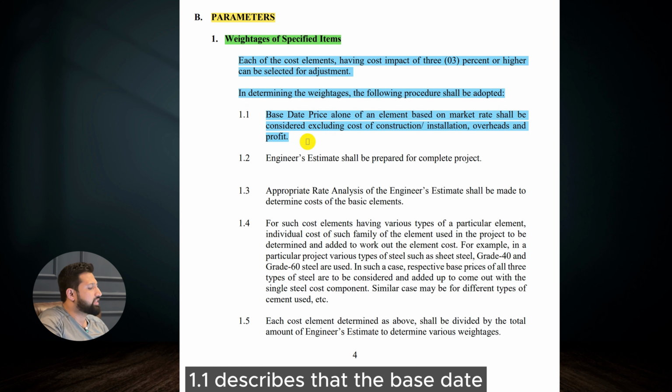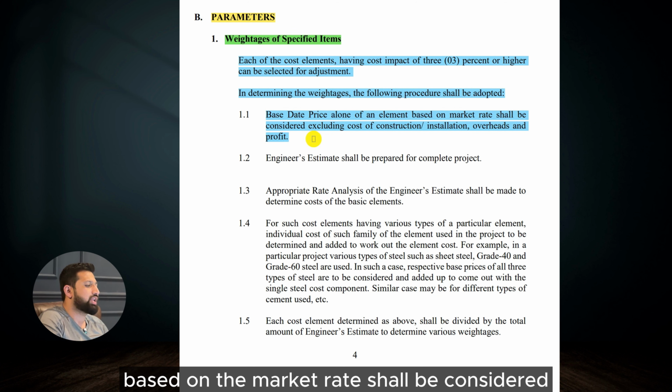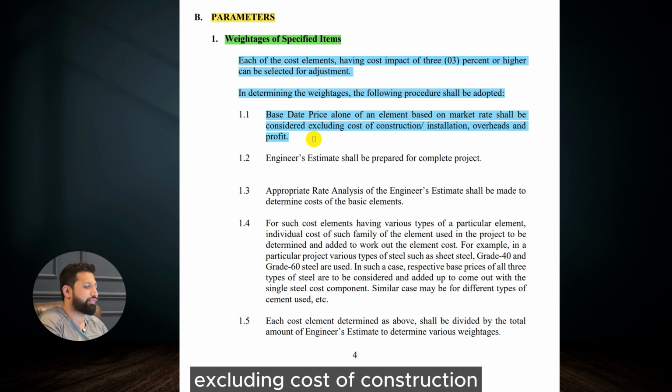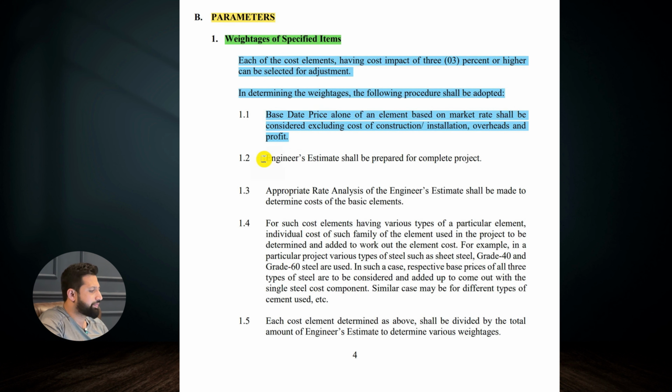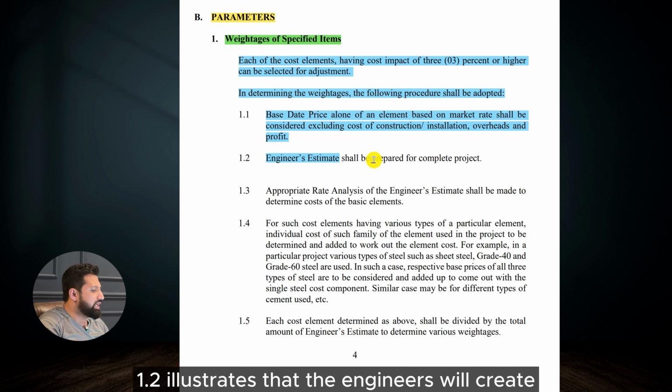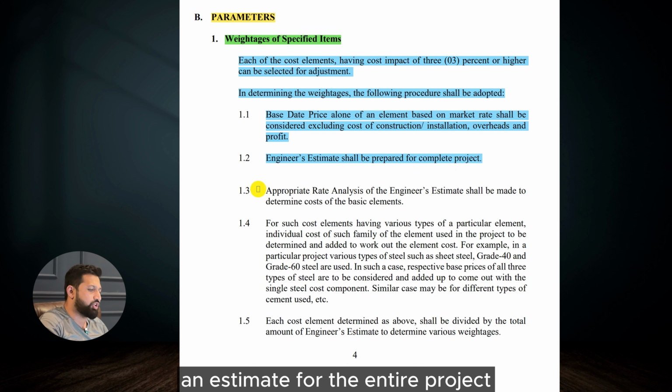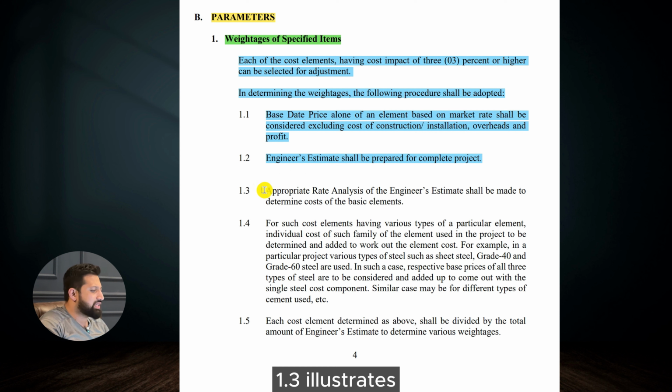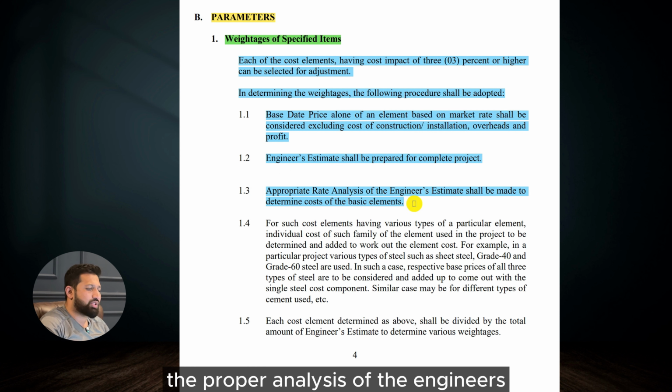1.1 describes that the base date price alone of an element based on the market rate shall be considered, excluding cost of construction, installation, overheads and profit. I'll explain this base rate later. 1.2 illustrates that the engineers will create an estimate for the entire project. 1.3 illustrates the proper analysis of the engineer's estimate will be conducted to figure out the cost of the main